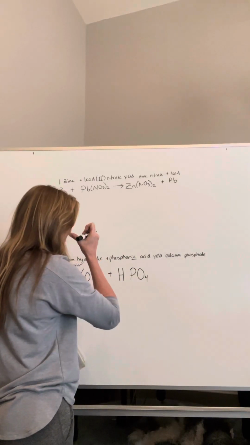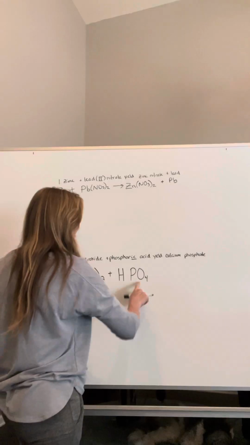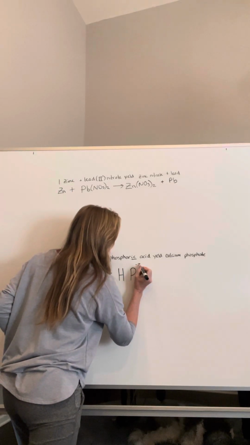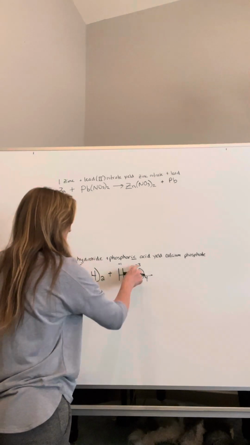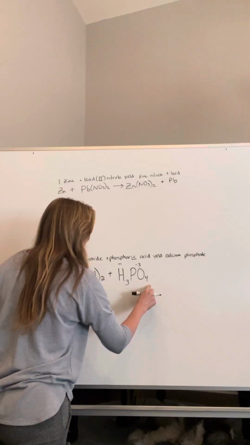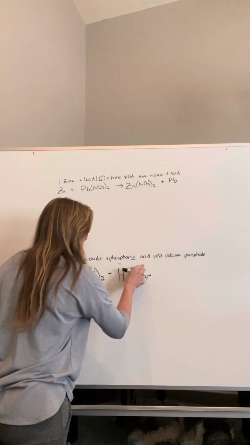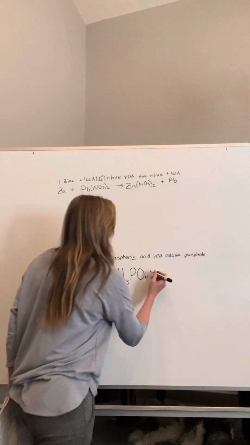But then I have to balance that out. What was the oxidation value of PO4? It was -3, and hydrogen is +1. So if I crisscross the absolute values, I'm going to have 3 hydrogens and 1 phosphate. Okay? So then it yields